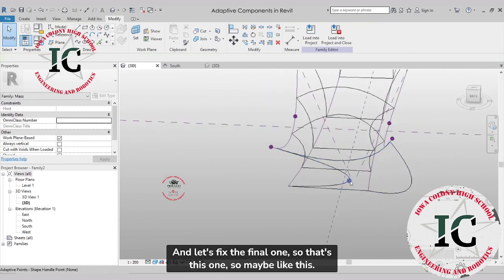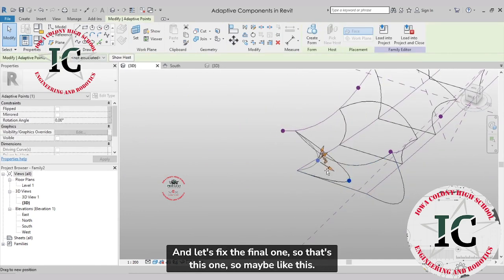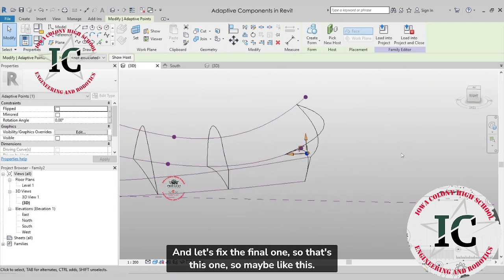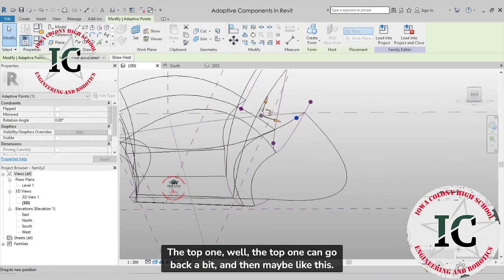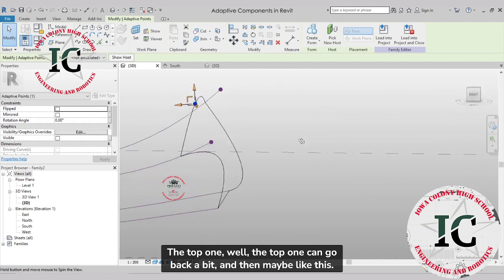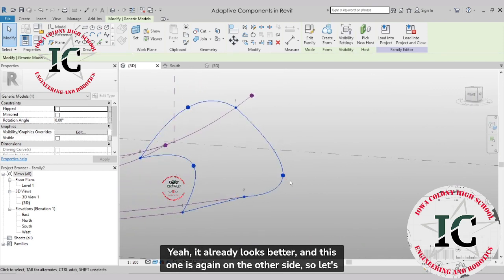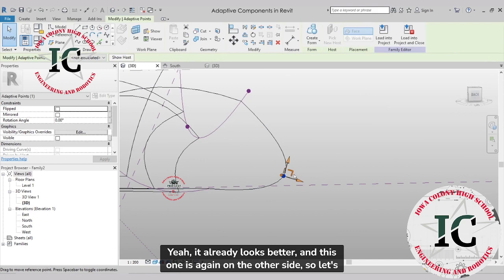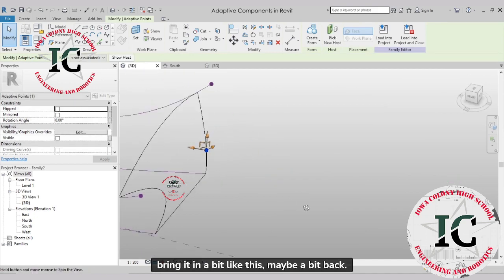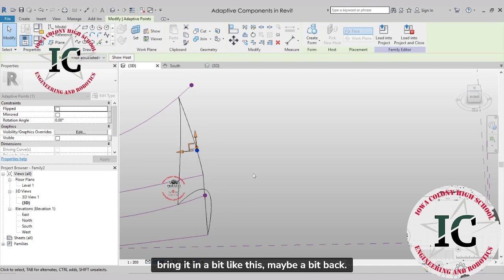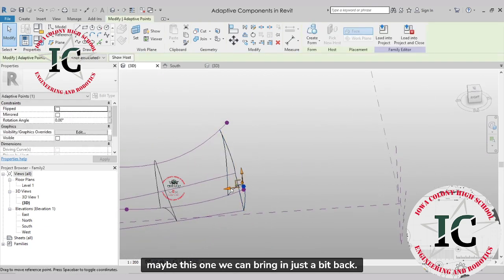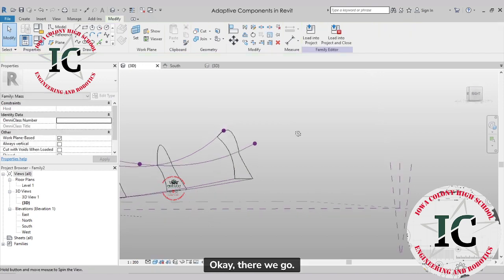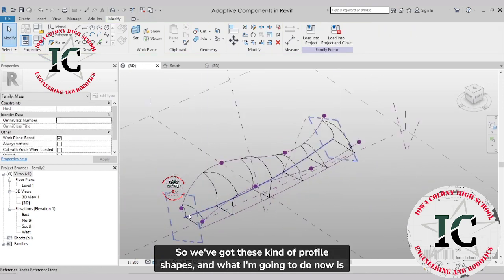And let's fix the final one, so that's this one. So maybe like this. The top one. Well, the top one can go back a bit. And then maybe like this. Yeah, it already looks better. And this one is again on the other side, so let's bring it in a bit like this. Maybe a bit back. Okay, so this is kind of taking shape. Maybe this one we can bring in just a bit back. Okay, there we go. So we've got these kind of profile shapes,